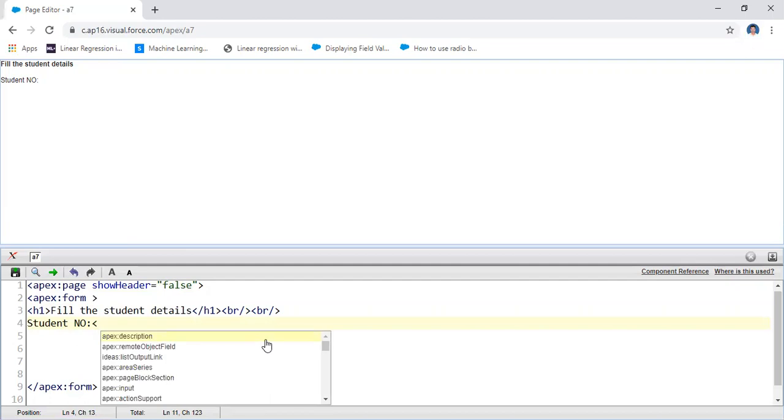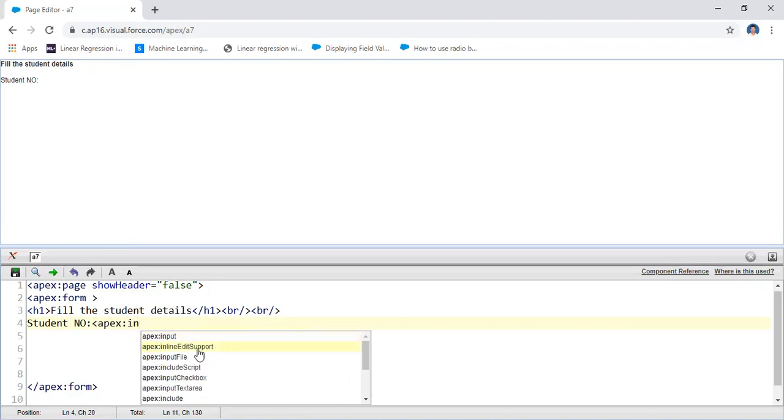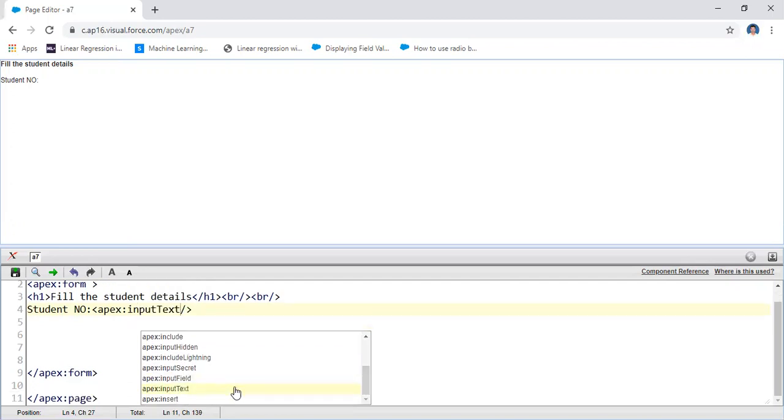For example, apex colon input. That means you have different input components. You have so many input components. Input is one component, input file is another component, and then input secret, and then input text. Input text is one type of component.